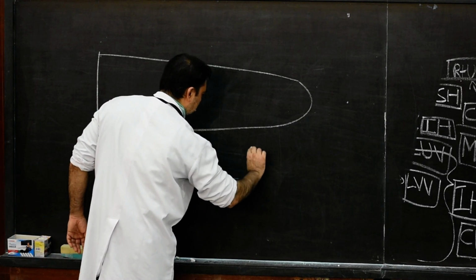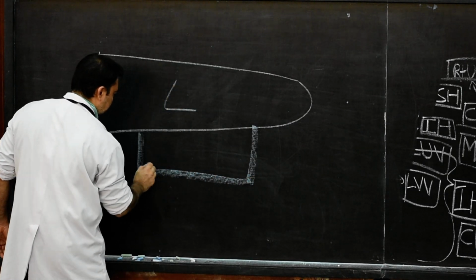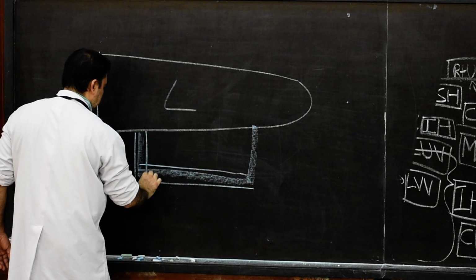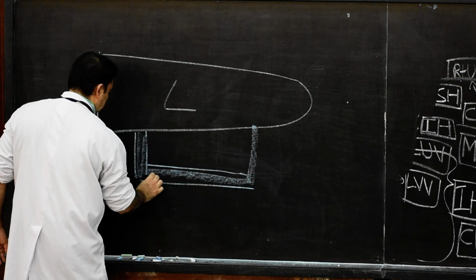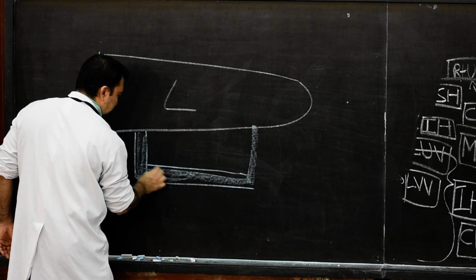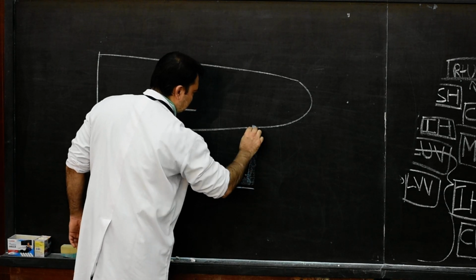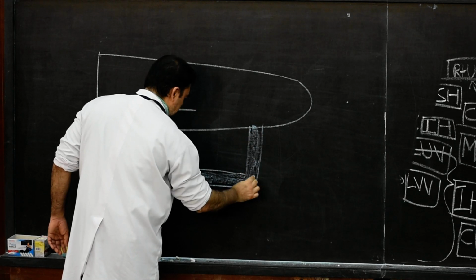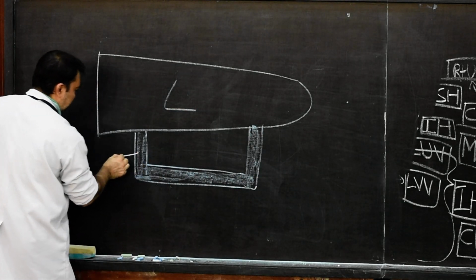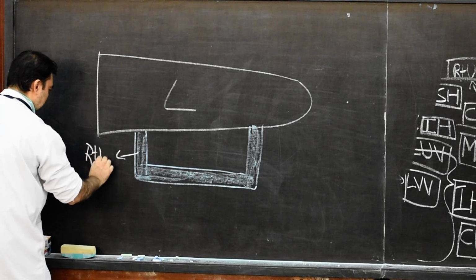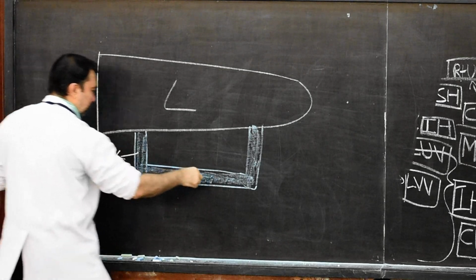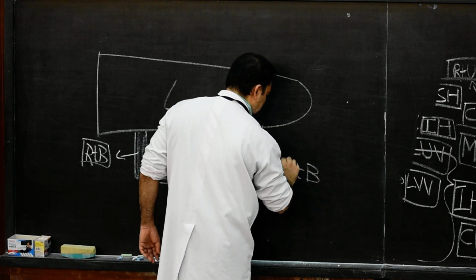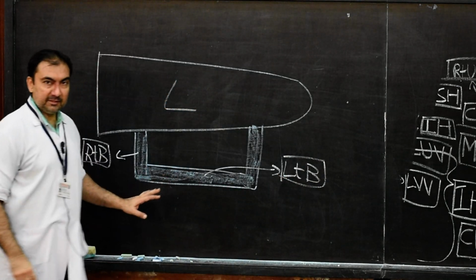infrahepatic portion. So we will draw only this cephalic part. See here, we are drawing only the cephalic anastomosis, the right vitelline vein here, cephalic to cephalic anastomosis, and we will draw here the left vitelline vein. So now this portion which we have drawn will be the right branch of portal vein, and these two segments will be the left branch of portal vein. This much we will draw.